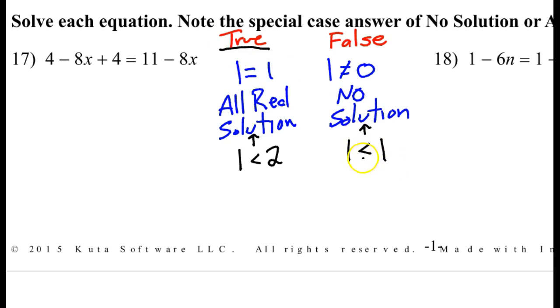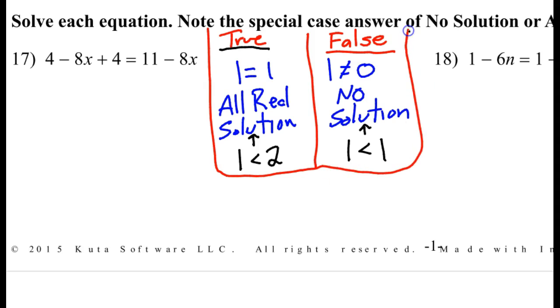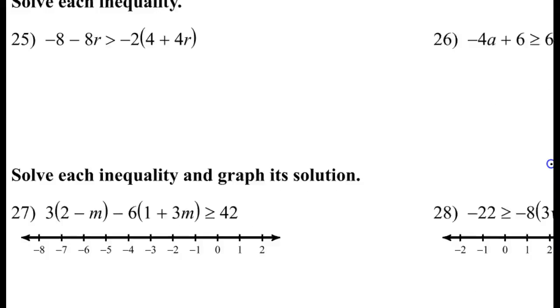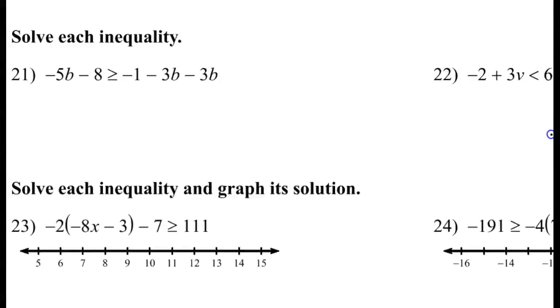Now, of course, if I added just one little line right here, 1 less than or equal to 1, then that would be a true statement. So that would be all reals with the equal part, but without it, that's no solution. So think about true, false when it comes to inequalities and equations alike. And that part is just review. So you'll need this on the back. Make sure you write it down. It's good information. And the back is just practice. This is going to be due probably